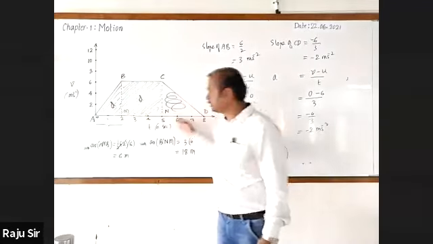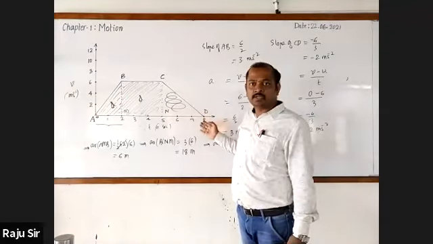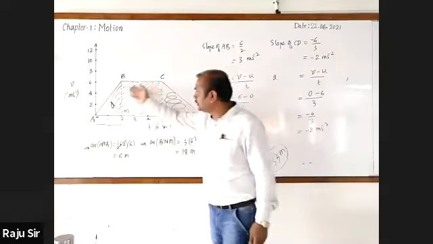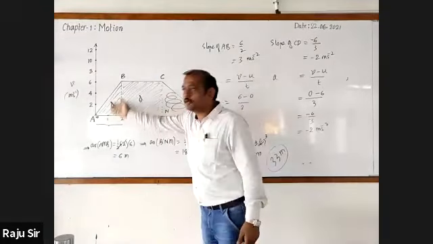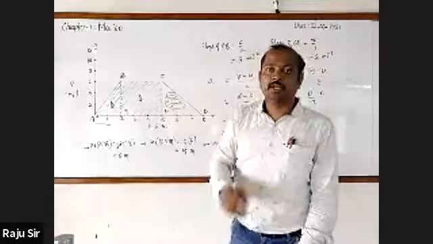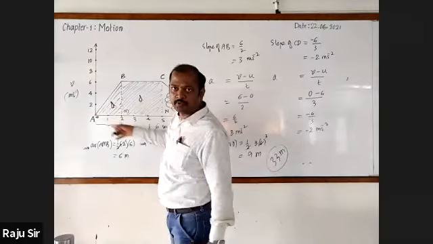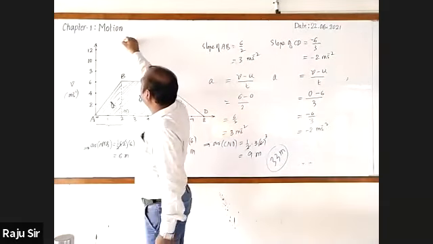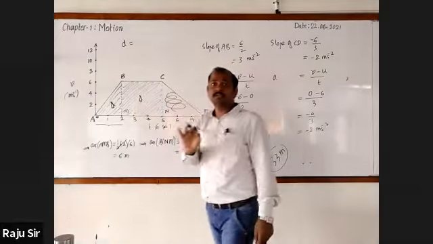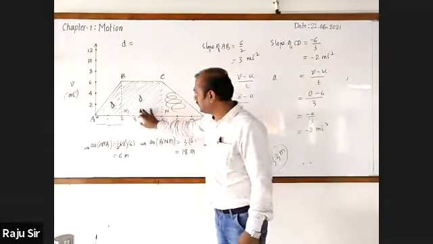If you want to find out the total distance traveled by the body, you can find out the area of this whole figure. The whole figure is in which shape? Trapezium. I'll go for taking the whole figure. The total distance traveled by the body is the area of the trapezium